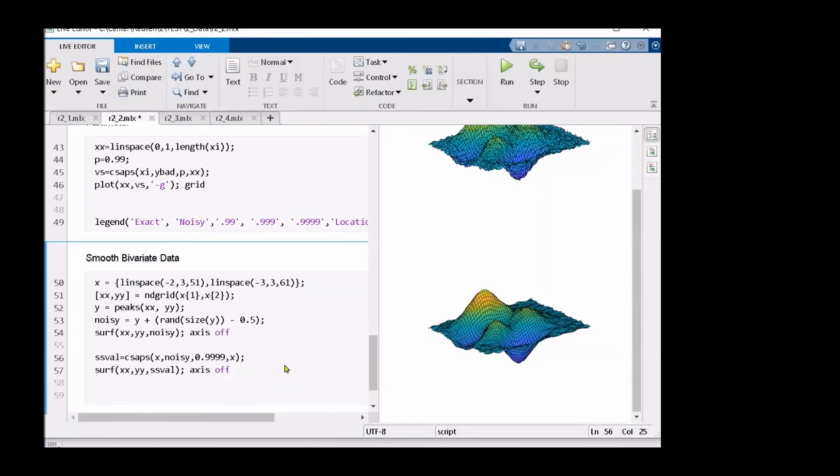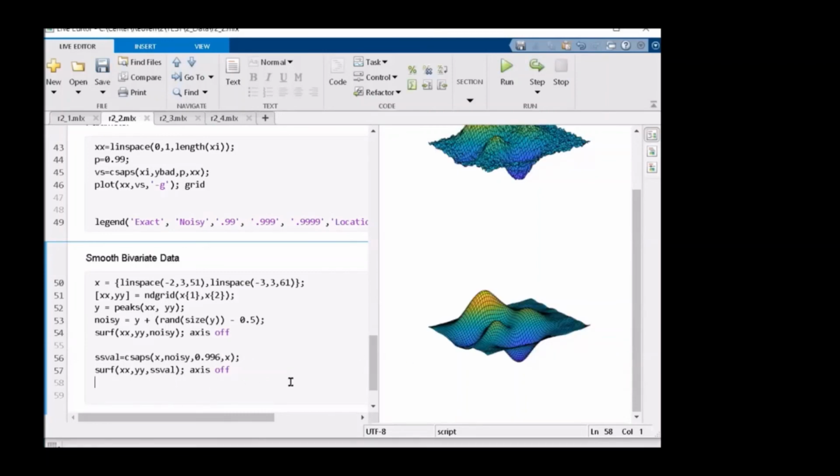Now let me show just replacing the parameter of smoothing. We can make different results of smoothing. For example, the more this number is close to 1, the less smoothing. Let me show. If I take this number, it will be like the initial bad result. But if I take some small number, for example, this,